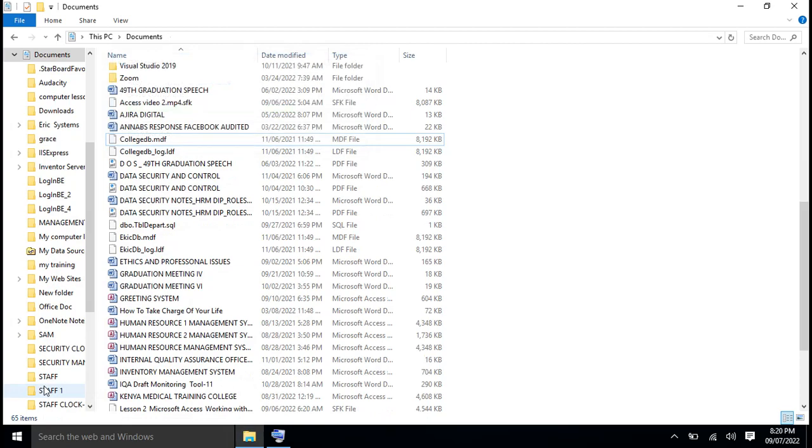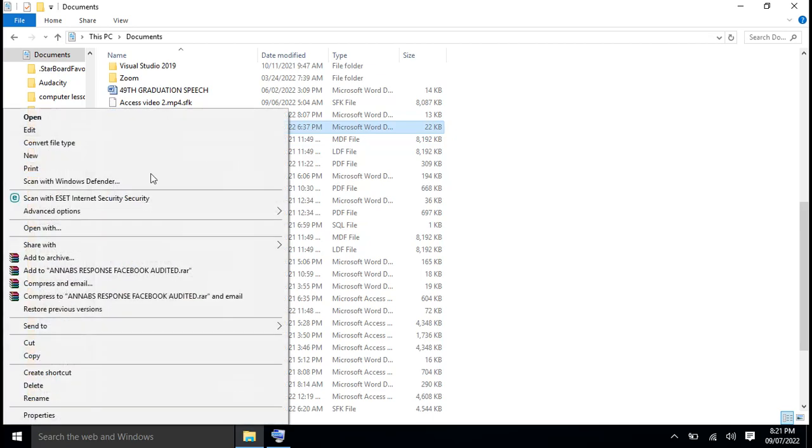So it's the same procedure. You delete files using the same procedure. It's also the same procedure you use when you want to rename a file. Let's say I have this file called ANAPS Response Facebook Audited, and I want to change this name. How do I change it? The same technique that you use to rename folders is the same technique that you use to rename files. All I need to do is select the file, right click, go to rename, click rename, and